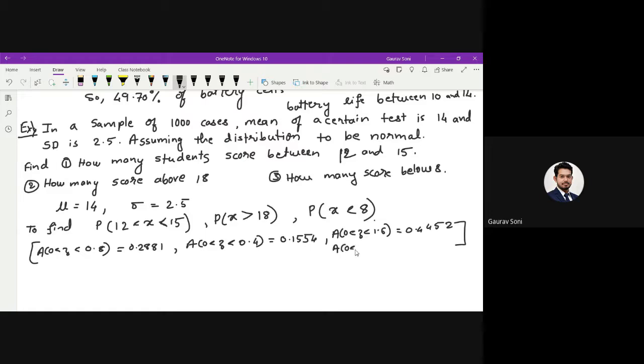Area from 0 less than z less than 2.4, 0.4981. Do it fast. Convert this to standard normal variable. So z will be between